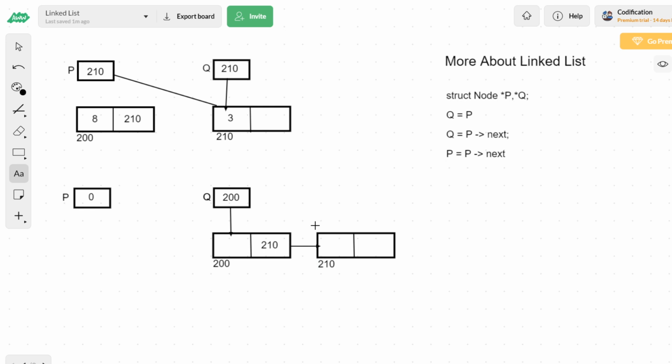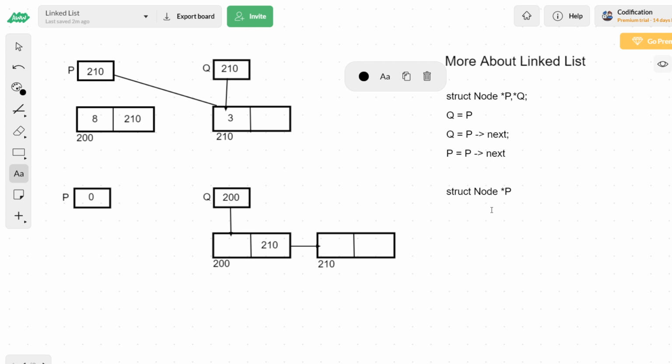Okay, fine. So how to make a pointer null? We will continue from here and I'll just tell you. For example, let us imagine that you have declared a struct node and you have declared a pointer called p. Okay, this is different and this is different. So you are declaring a pointer.